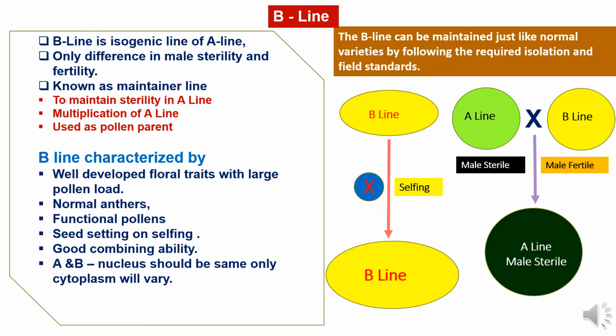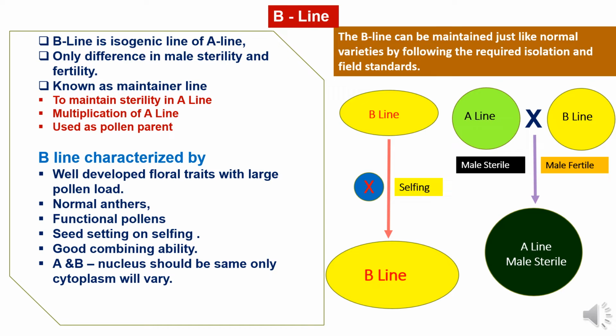B line is known as maintainer line, which is used to maintain the sterility in A line, for multiplication of A line, and this is used as a pollen parent. The B line is maintained just like normal varieties by following the production conditions of isolation and quality field standards. Just by selfing, it can be multiplied, while when the B line is crossed with A line, it will result in A line production, which will be male sterile,